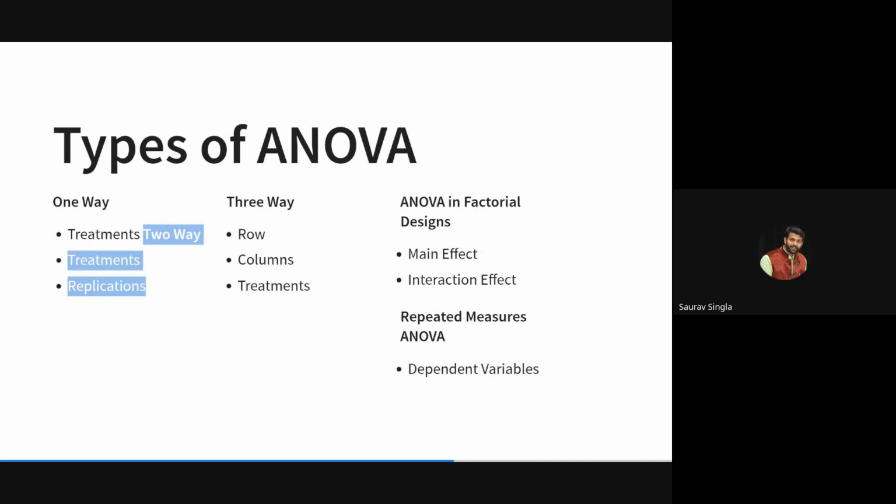The next type of ANOVA is factorial. Factorial design is when you have more than one type of variable you want to compare at a time, you can also consider their interaction. What is the meaning of interaction? Assume that